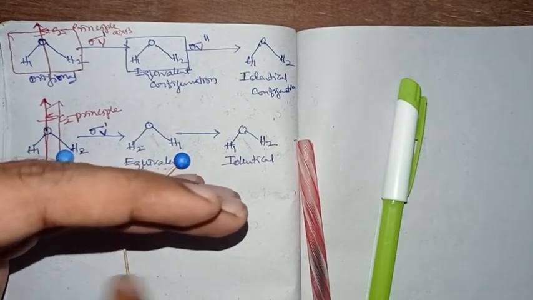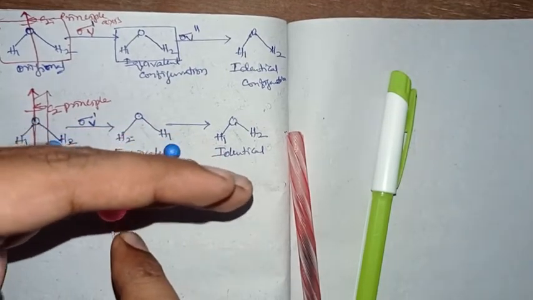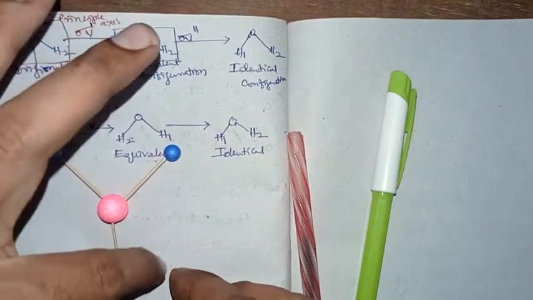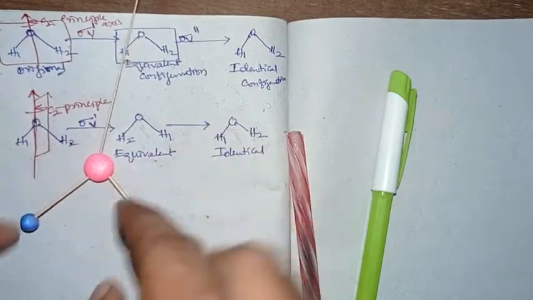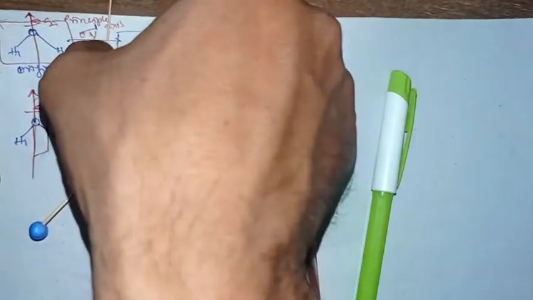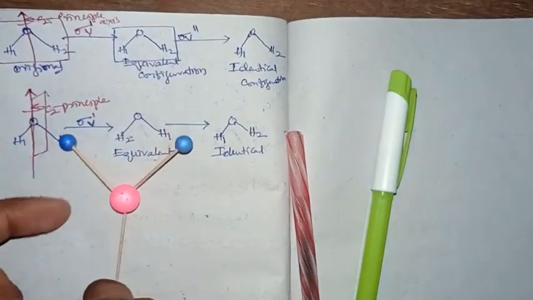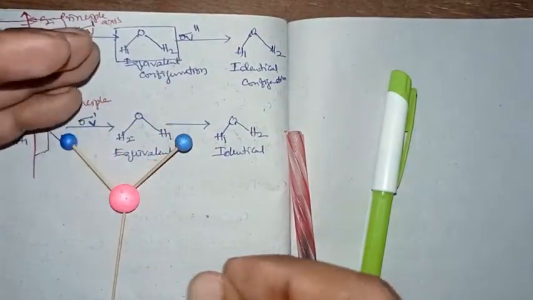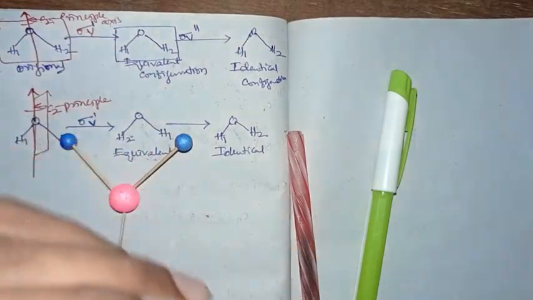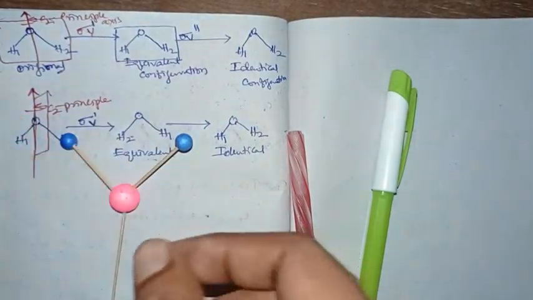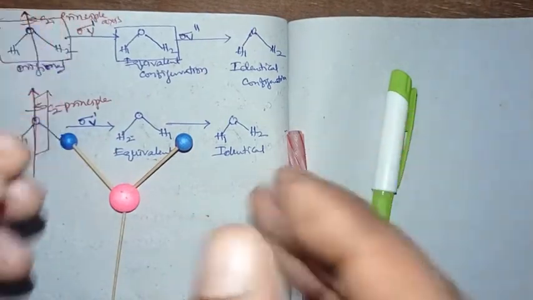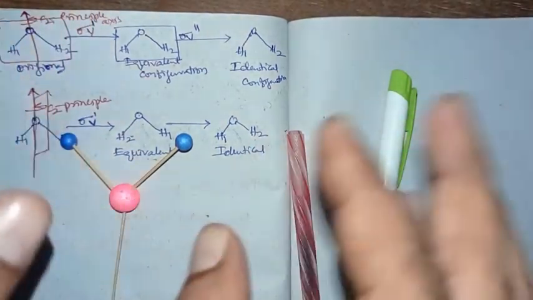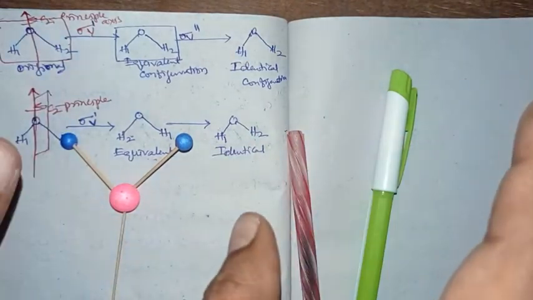Are both configurations generating an equivalent configuration? No, right? Initially we took the oxygen above and the hydrogens below. But after the reflection, we get oxygen below and hydrogens above, right? This generated configuration can never be equivalent or identical, so the plane can never be called a plane of symmetry or a horizontal plane of symmetry, right?